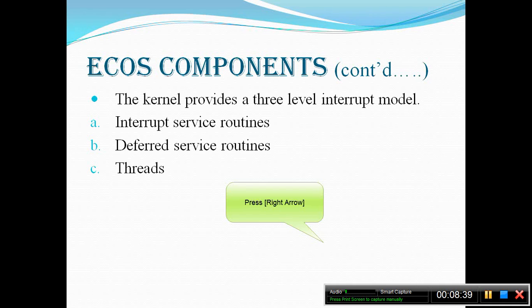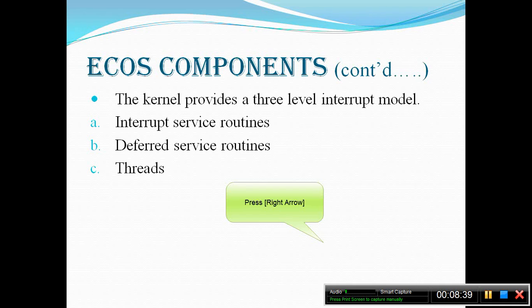Next are the deferred service routines. A DSR is invoked in response to a request by an ISR. Here, the DSR will run when it is safe and without interfering with the scheduler. Most of the time, the DSR will run immediately after the ISR, but if there is any current thread in the scheduler, then it will wait until the thread is completed. A DSR is allowed to make a larger set of driver API calls, including the call CYG DRV condition signal to wake up